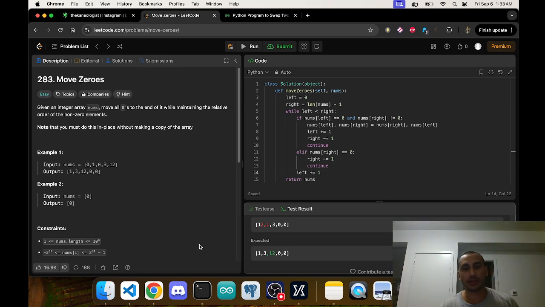So my solution works for getting the zeros to the end. If you look here, it doesn't work because of the swaps. So I could either now go through my array and swap. So if